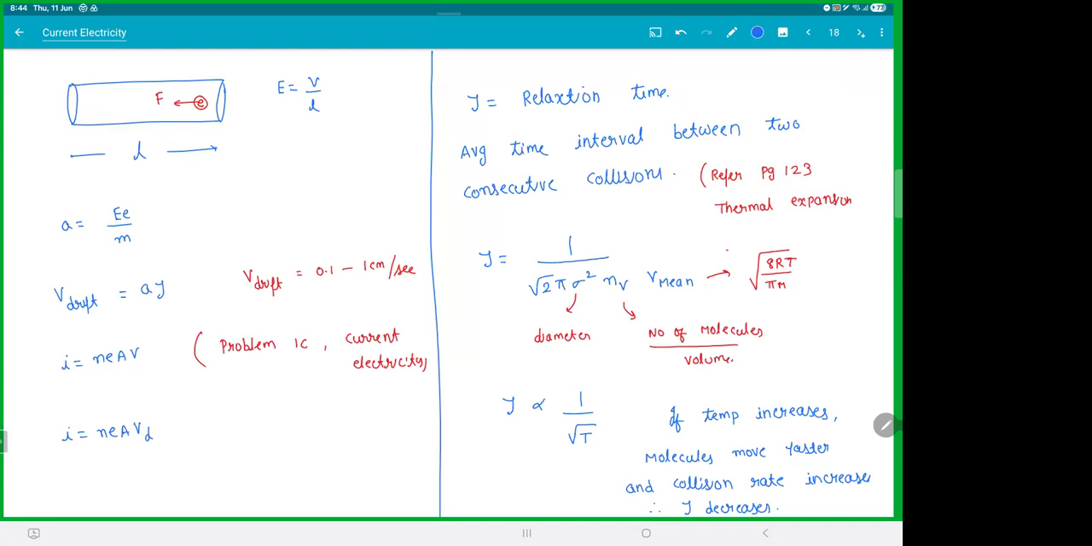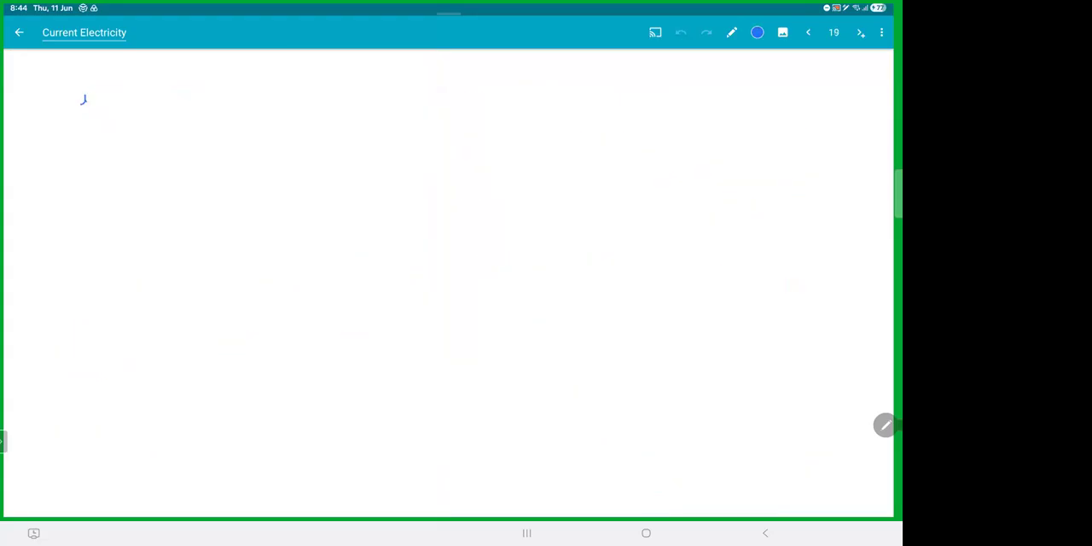Let's go to the next page. But all clear with this? We are going somewhere with this. So let's see the story. I know it's like I'm putting things, but what are we doing exactly? You will see. So we get I is equal to NEA V drift, and V drift is nothing but